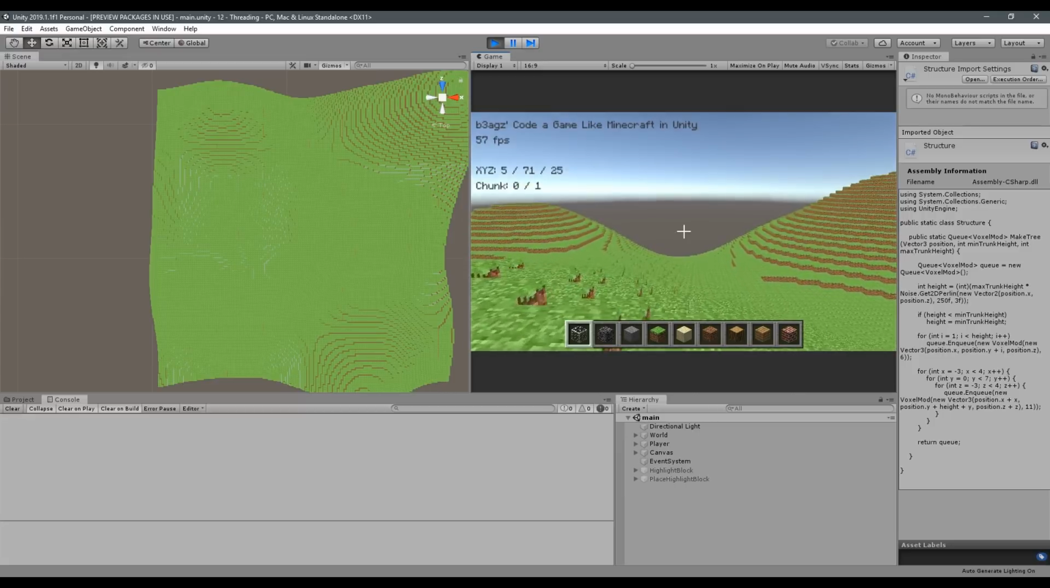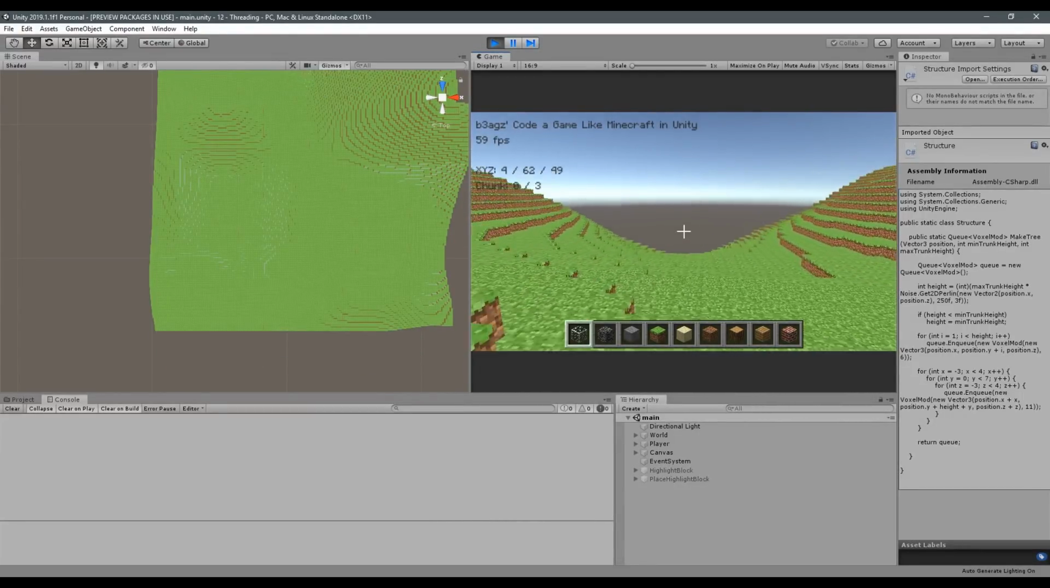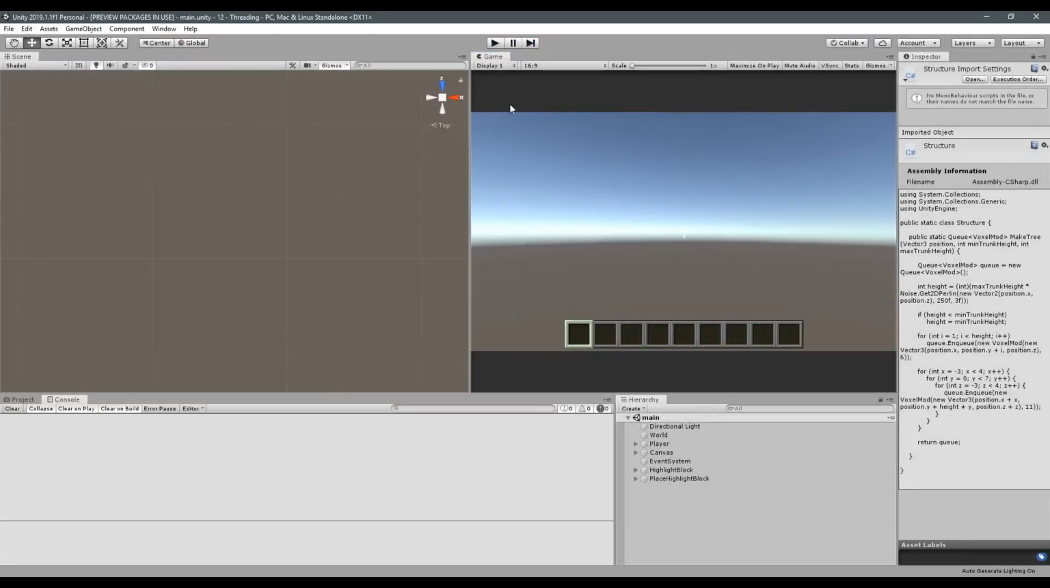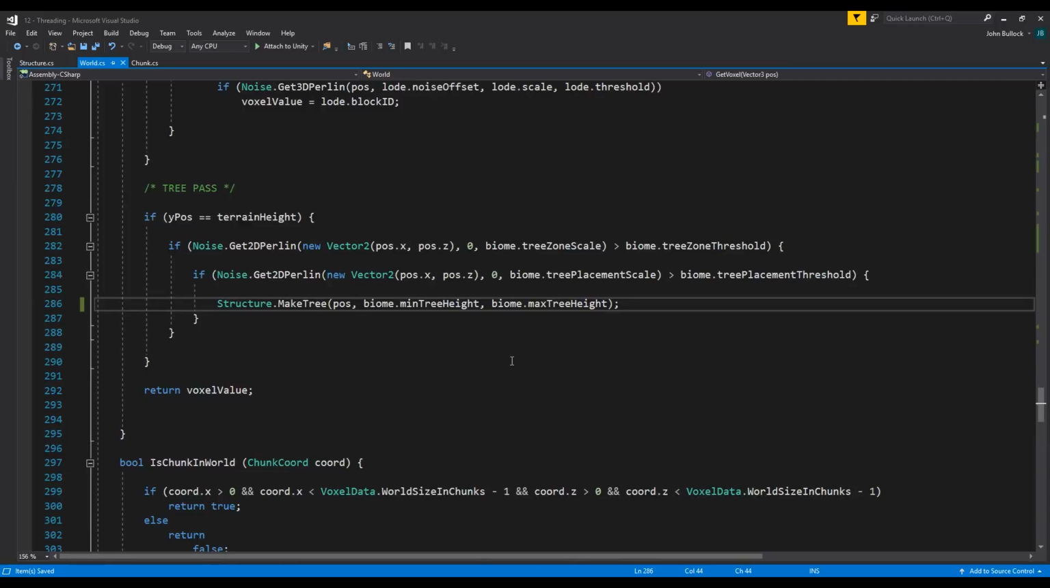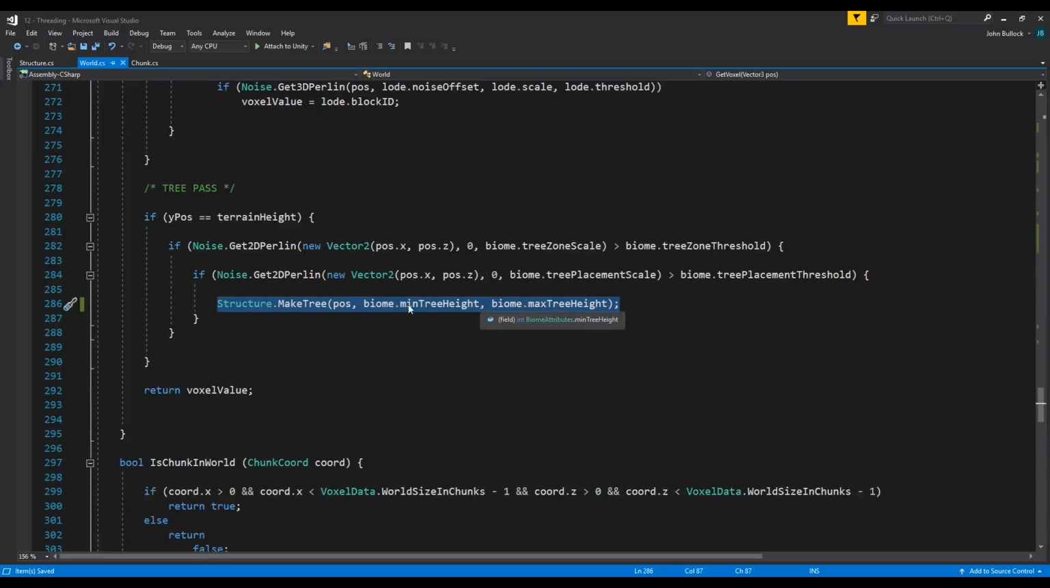As you can see, there's barely any hit to the frame rate at all, but we appear to have lost trees. So once again, give me a second while I figure out why. Okay, I'm going to put this down to being very, very poorly. But basically, we haven't added this. We've created this queue here. The structure function returns a queue, and we just haven't added it to our